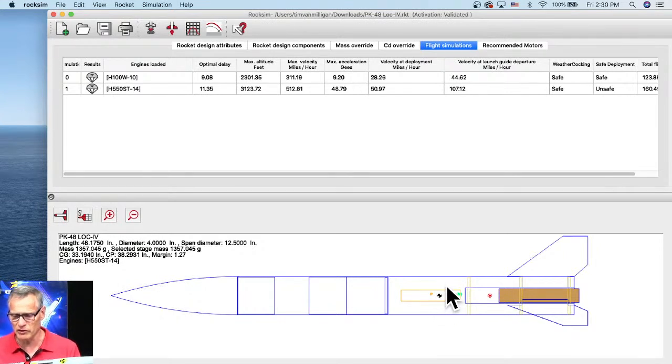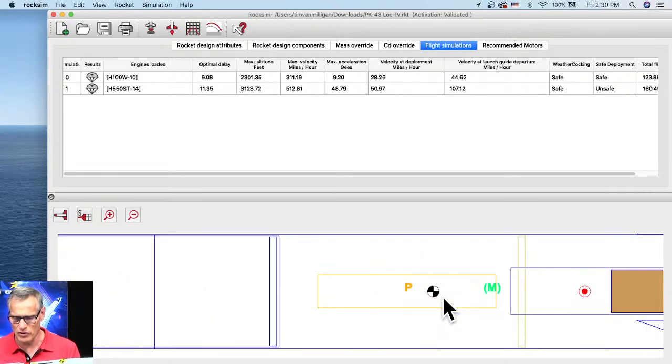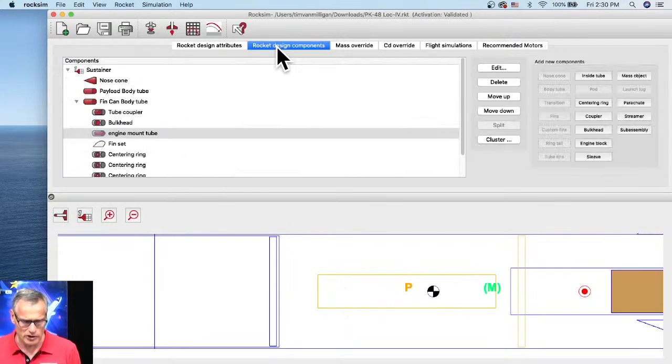Normally when you add fin fillets, your center of gravity is going to be further back. And so then what you do is you add the mass object, and you adjust the position so that the center of gravity, this symbol right here, moves to where it actually is in real life. And that will best match your simulation. So on this one, if I was adding 43 grams,